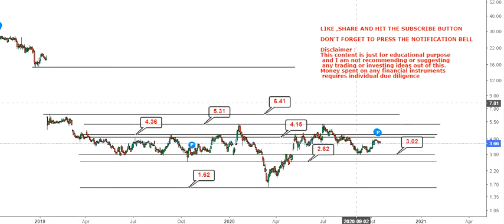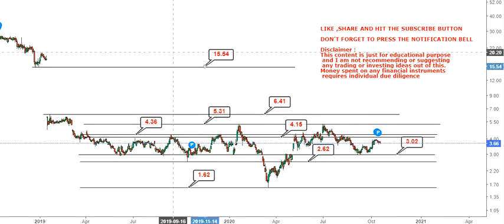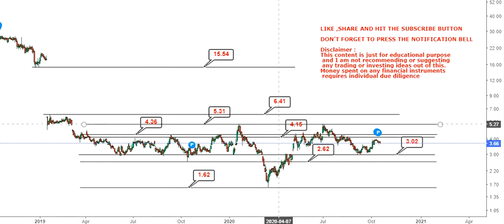6.41. But let me tell you, if the stock holds above $6.5, then there is a fair possibility that it will try to fill up the gap, in which case it may go up to $15. So this is a possibility which is conditional. If it holds, then fine, otherwise what you need to look at on the upside will be 5.31 and 6.41.